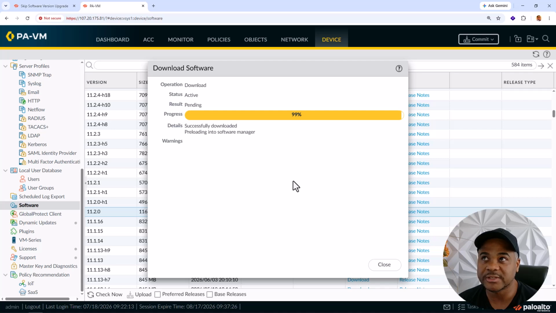Because with the new features, there are probably some schema changes, templates and things like that. If this was Panorama, variables, whatever there is, the XML, the skeleton, the structure of it is going to change a bit. Before it gets to the target version, it needs to already know what that's going to look like. So we need to have that present. And another thing is that also,